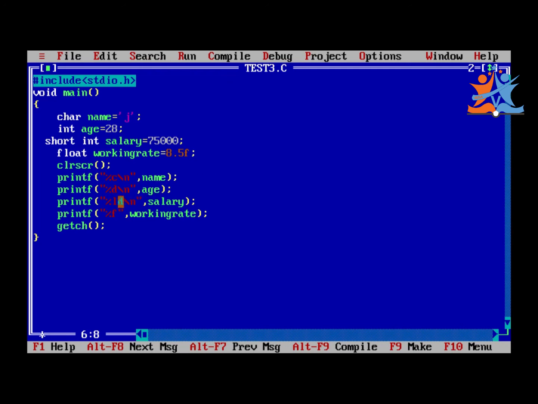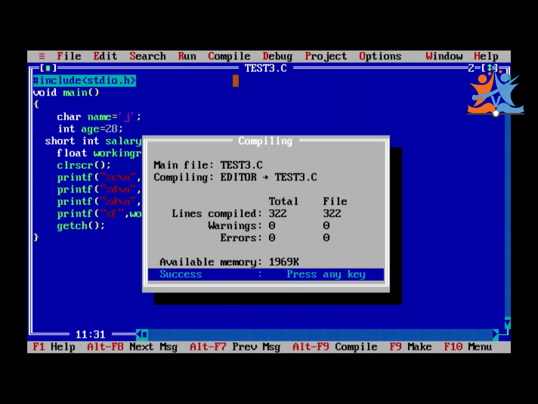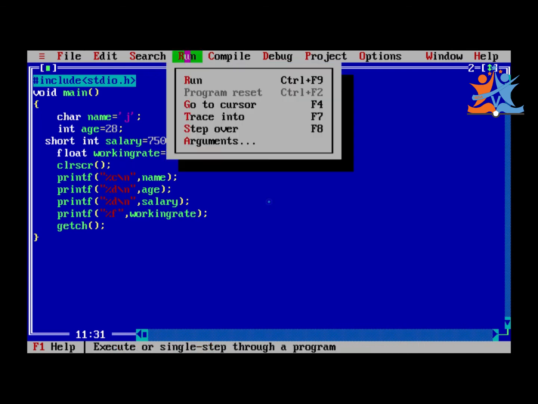So whenever we go with a short int, we do not go with %sd. This is also %d only. Percentage d only we can go with. Okay. So save this file, compile, zero errors and zero warnings, and run the program.